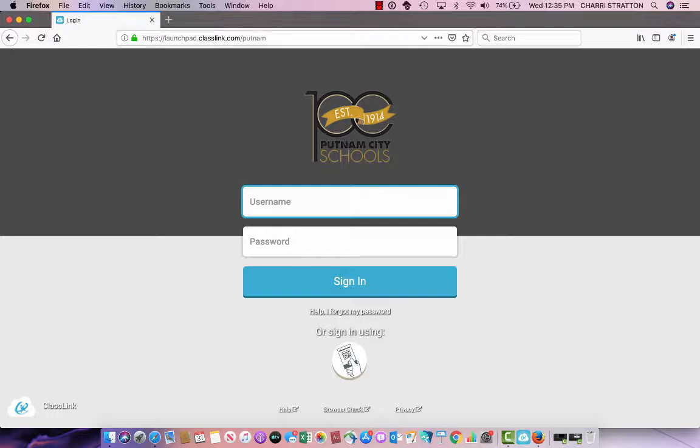So you're going to go to a website, and it is launchpad.classlink.com/Putnam. So we will have this link on .pc. You will start to see it in the docks of different computers. It will be pinned in. But if you ever need to get to the site, say you're at home or it's not a link on your computer, it is